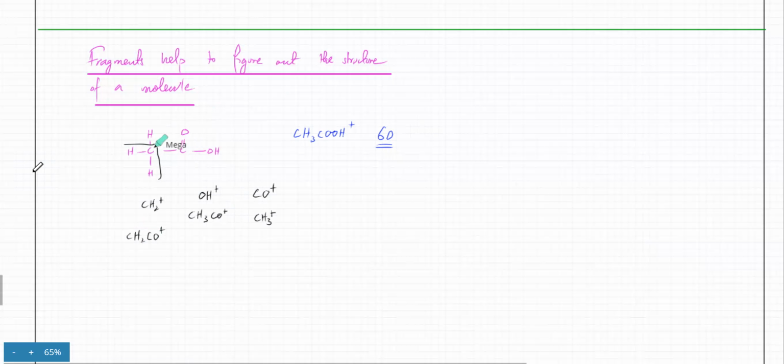Okay, so any piece of the original molecule might break away and can be detected. Like this piece could be detected. That's a possibility. So all sorts of fragments can be detected. So when you do mass spectroscopy, remember the fragmentation pattern is mostly completely random because you don't know how the molecule would break into smaller pieces.